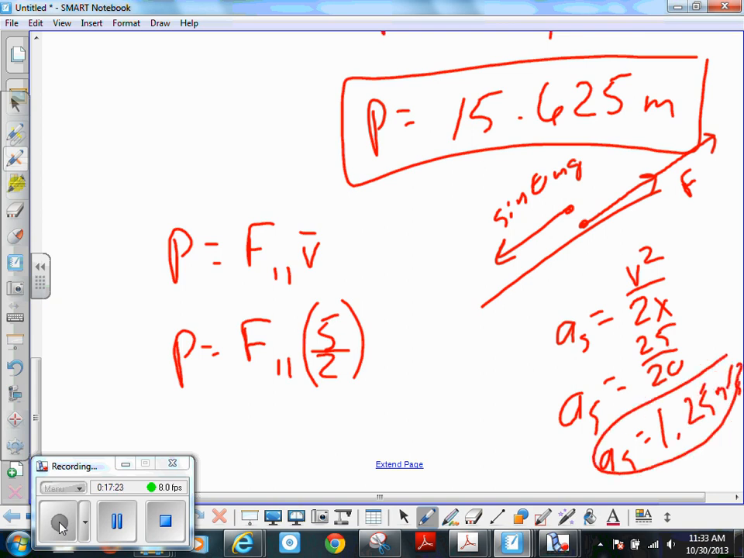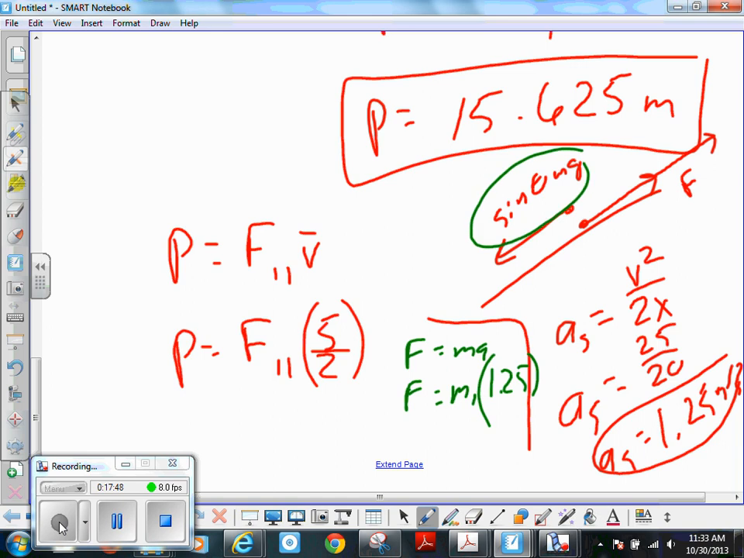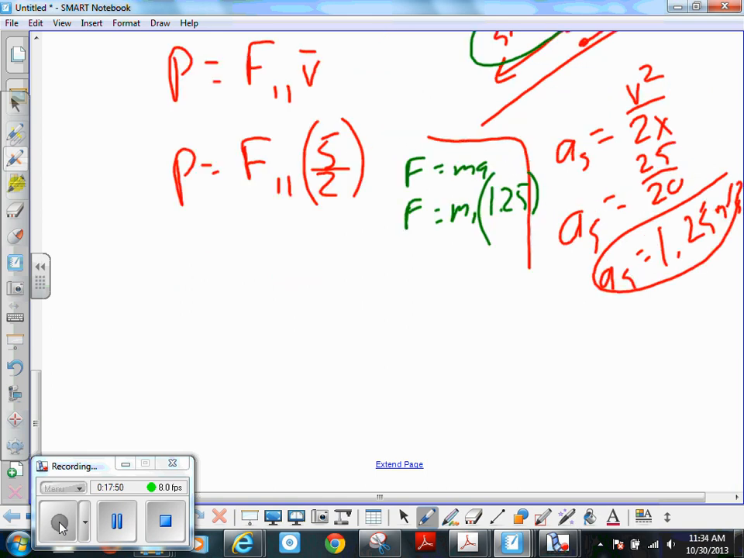So let's just see if this works, because I know that is right. And then we'd have to plug that into our force equation here. That would be force is mass times acceleration. So force is m1 times 1.25. Okay, and that force plus this force would give us our power. So if we look at power equals 1.25 m1,